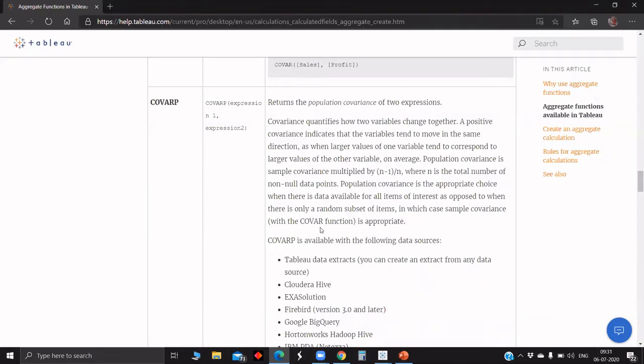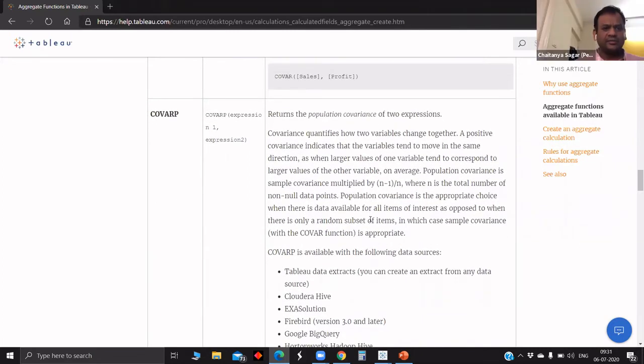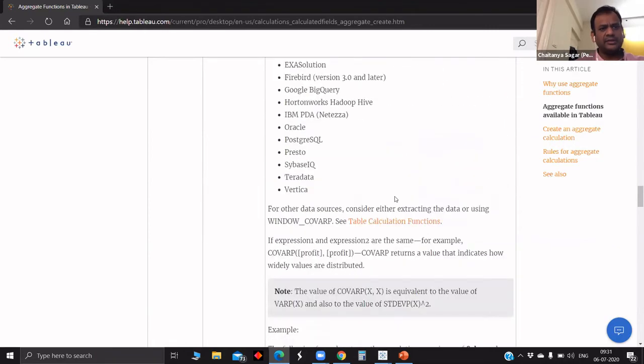Okay. So some of these, I think Jagadish can cover, which are more statistical in nature. Jagadish, what do you say? We can take that up later, maybe. Yeah, not necessarily right now. So once you take a look at them, I think all the statistical ones you can skip.